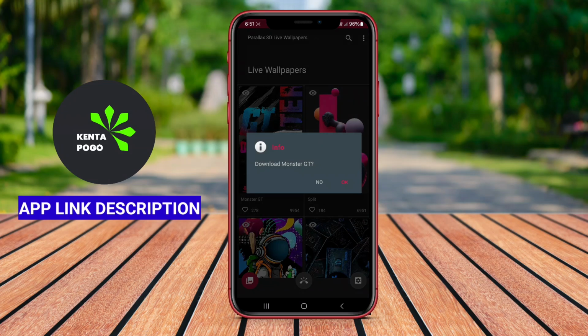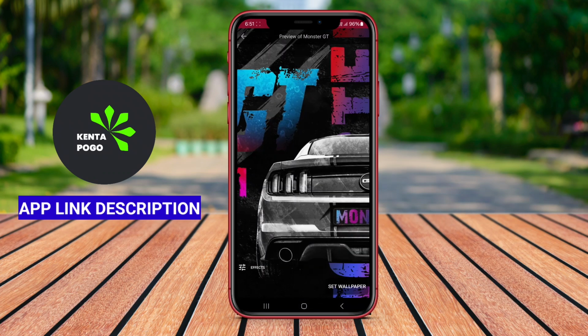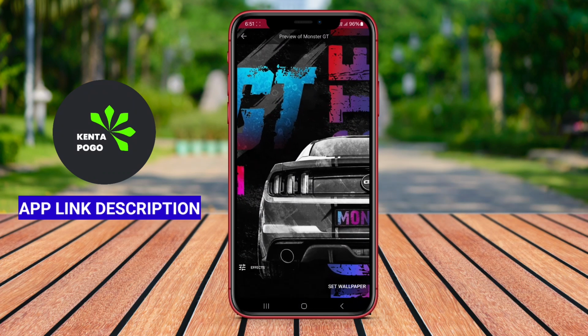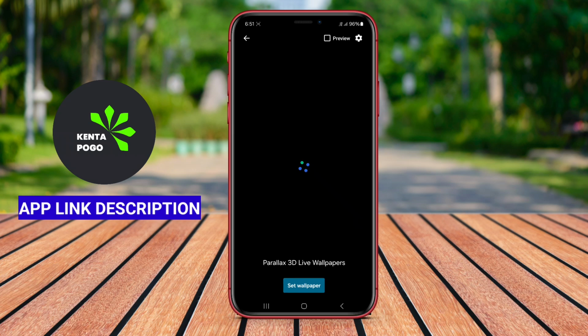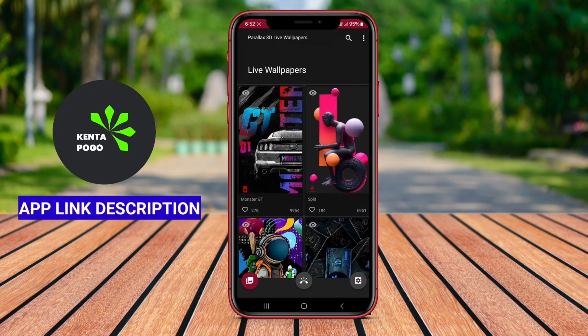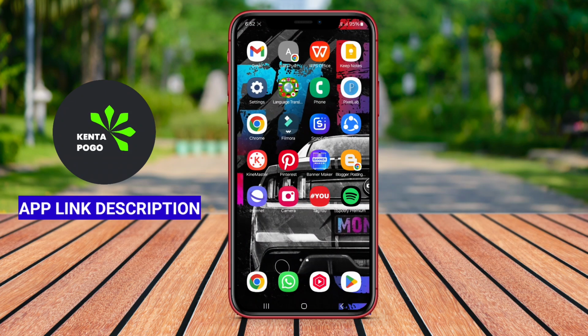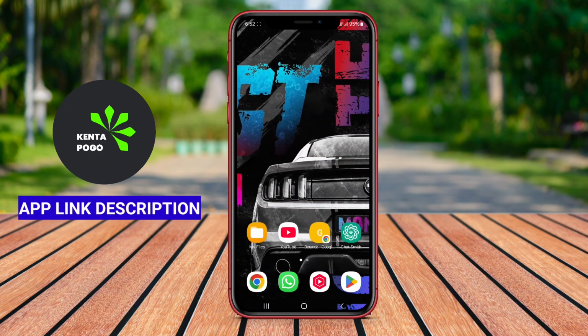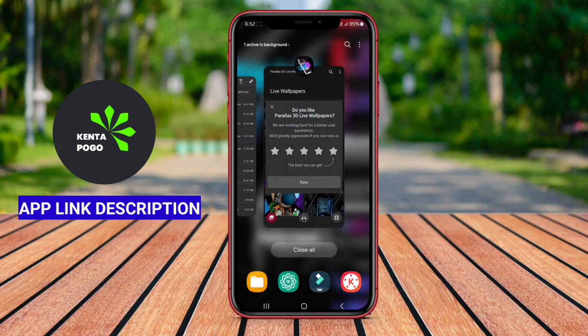Parallax 3D Live Wallpapers is an engaging Android application that offers a collection of dynamic wallpapers designed to create a three-dimensional effect on users' devices. By leveraging advanced parallax technology, this app allows wallpapers to shift and respond to device movement, providing a sense of depth and immersion. The application typically includes a wide variety of visually appealing backgrounds, ranging from scenic landscapes and abstract